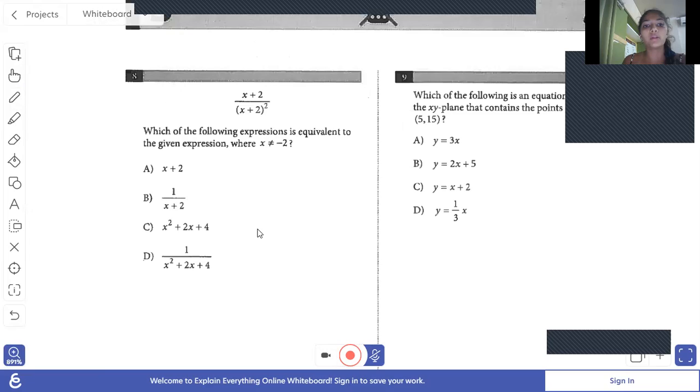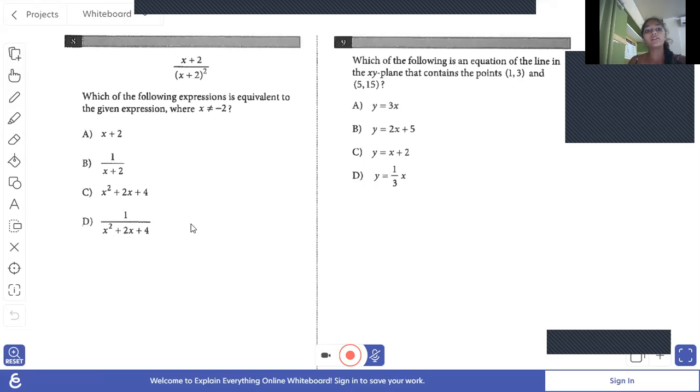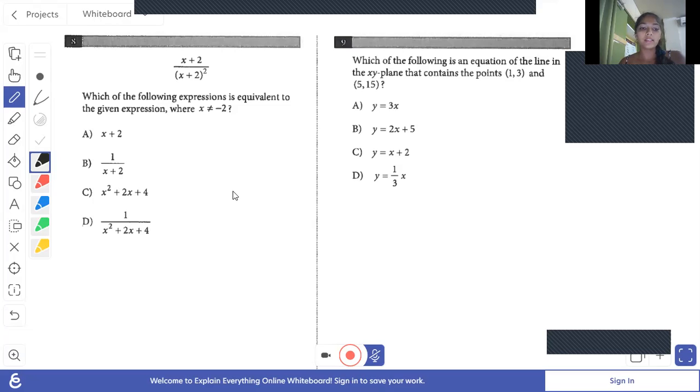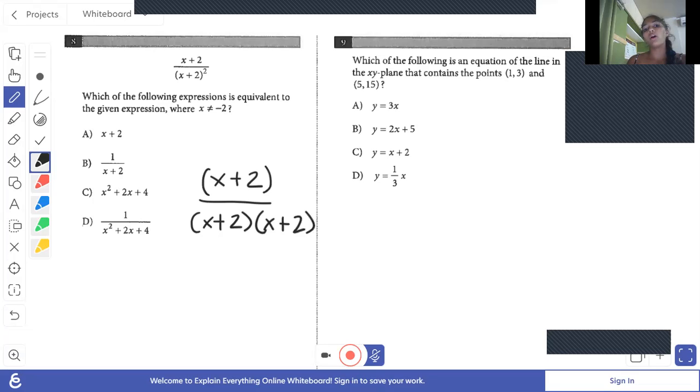Question 8. Which of the following expressions is equivalent to the given expression where x is not equal to negative 2? So we have x plus 2. So this is a fairly easy question. x plus 2 over x plus 2 times x plus 2, right? So we can just cross x plus 2, they cancel each other out. We have 1 over x plus 2. So we're looking for